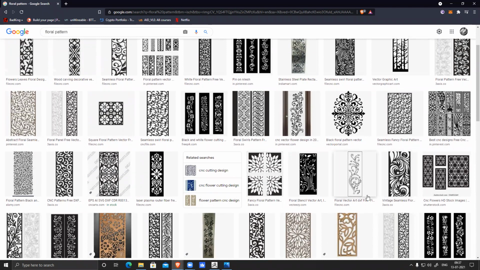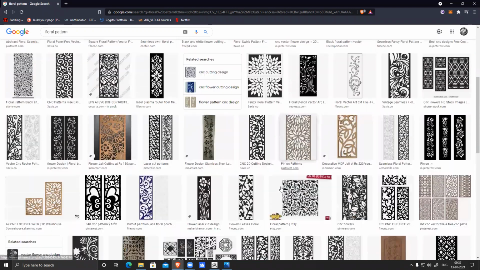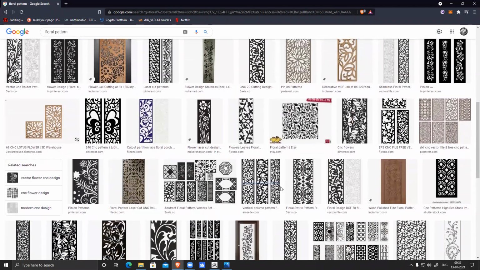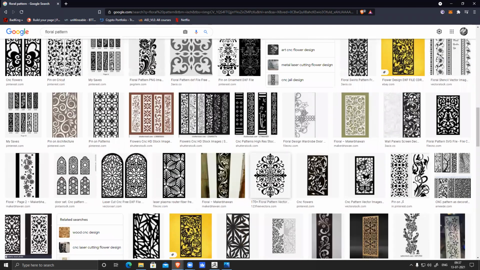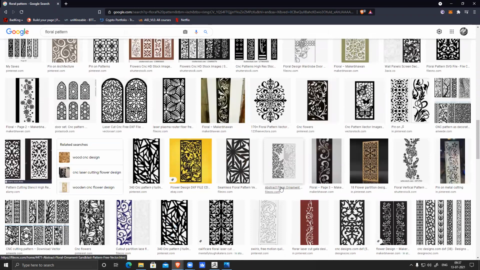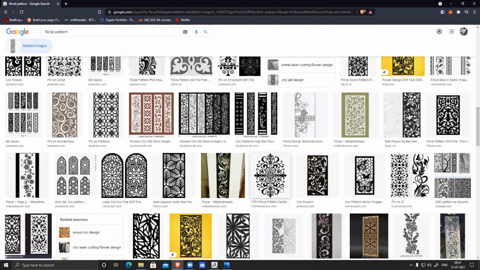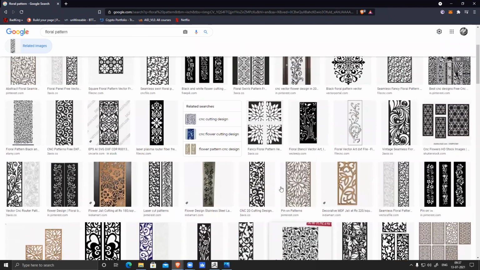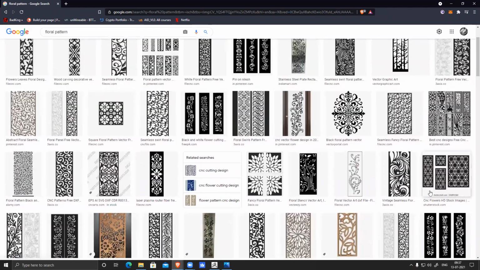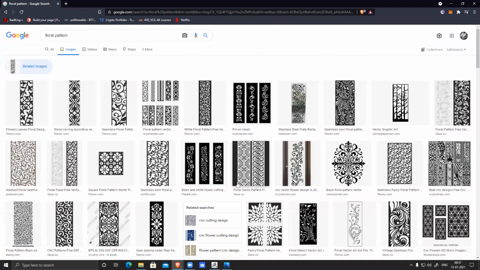This is more of a curvy shapes. And the shape you need to find, it should tile also.